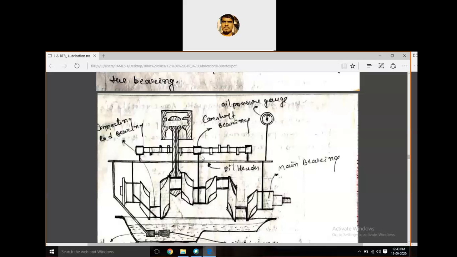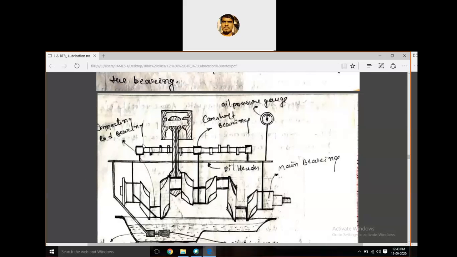In a bearing operating with fluid lubrication, feeding pressure also considerably increases the flow of lubricant through the bearing. It is similar to the previous one, but here it will clearly splash the oil, so that because of this pressure as well as splashing, the oil will flow into the components like the journal and bearing surface.